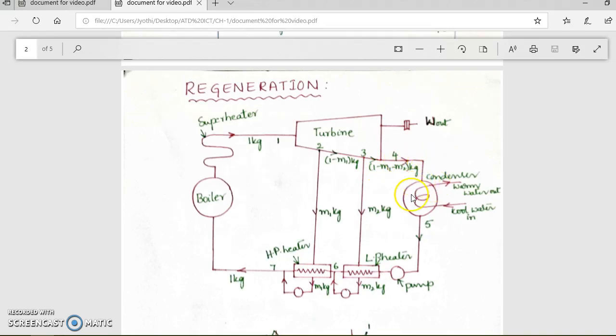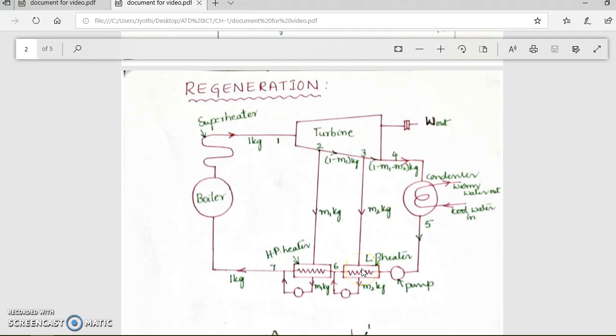In the condenser, as we have already discussed, the mutual exchange of heat will take place, and the low pressure steam of 1 minus m1 minus m2 kg will be converted into liquid condensate, and it will be supplied through the pump to a feed heater. That is, the 1 minus m1 minus m2 kg of low pressure steam converted into liquid will be supplied to the low pressure heater, where the steam of m2 kg will be supplied, and mutual